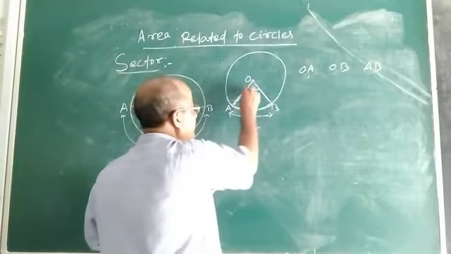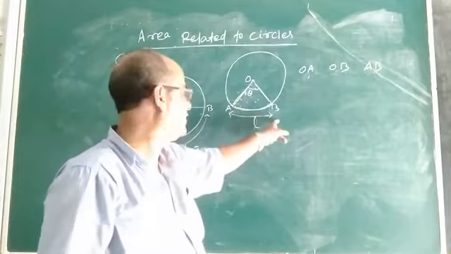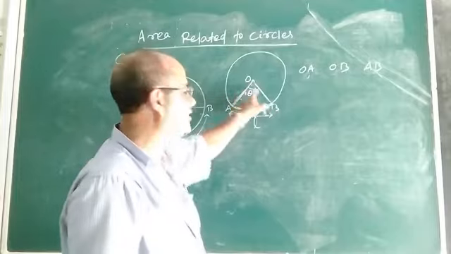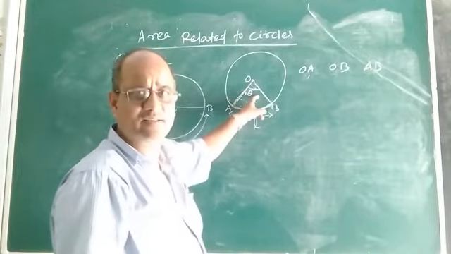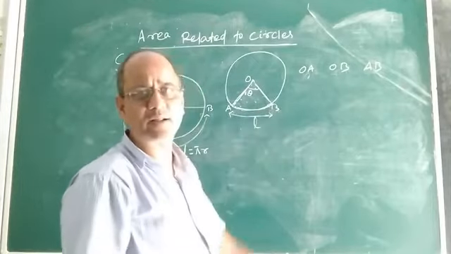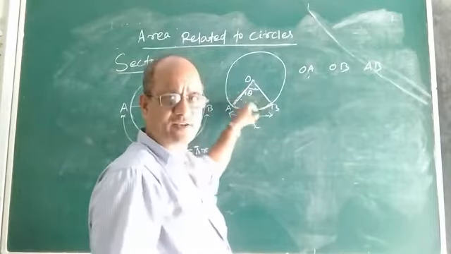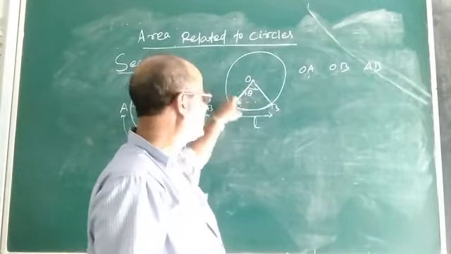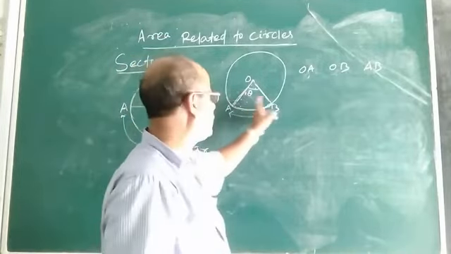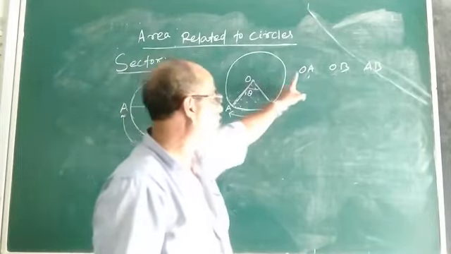Now look at the space enclosed between these two radii and the arc. The region which is enclosed between these two radii and the arc is nothing but a sector. Look at the region OAB. What does it include? It includes two radii, that is OA and OB, and it also includes another arc, that is AB. The union of all these,